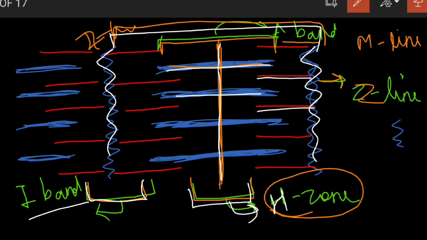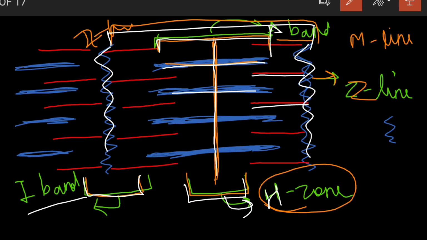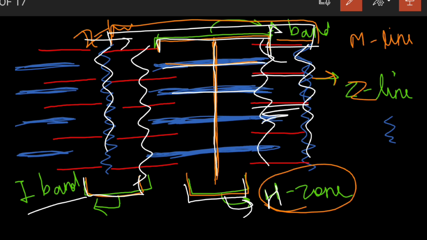The thick filament region, including the overlap, consists of the whole of the myosin, and is called the A band. This we have seen during the resting state. During contraction of the muscle, there is more overlapping between the thick and thin filaments, and the Z lines come closer together like this. The sarcomere length also decreases.